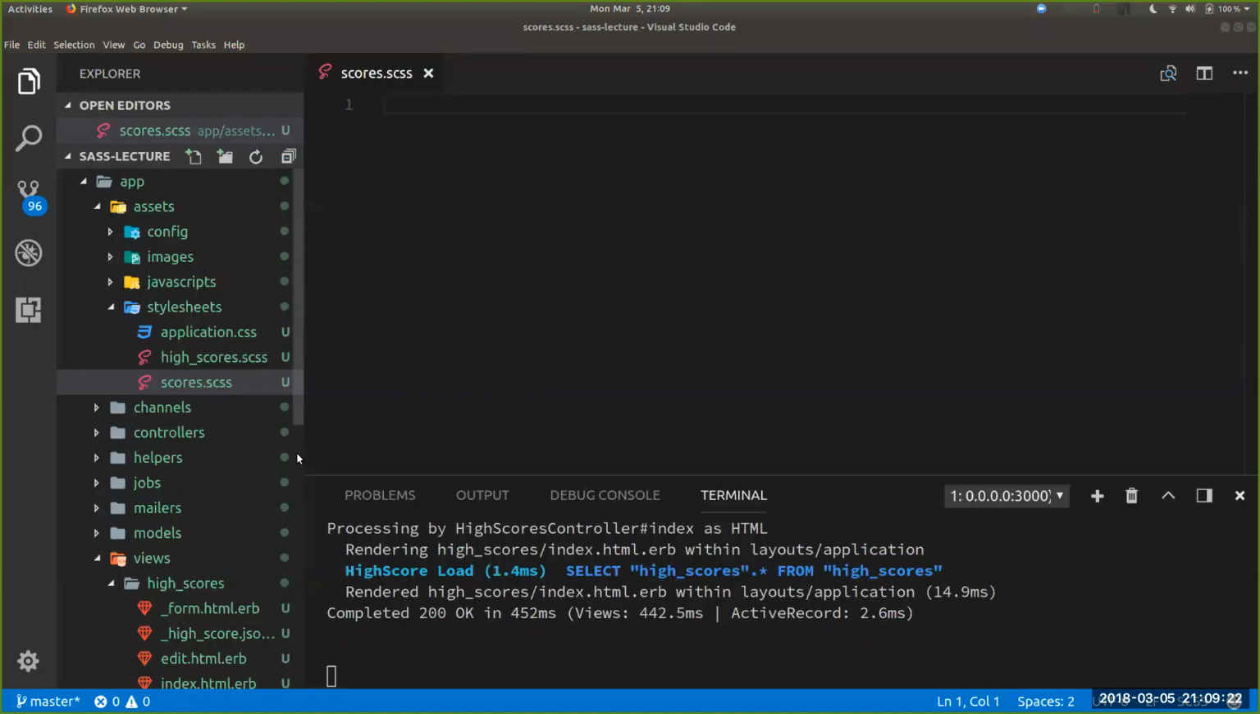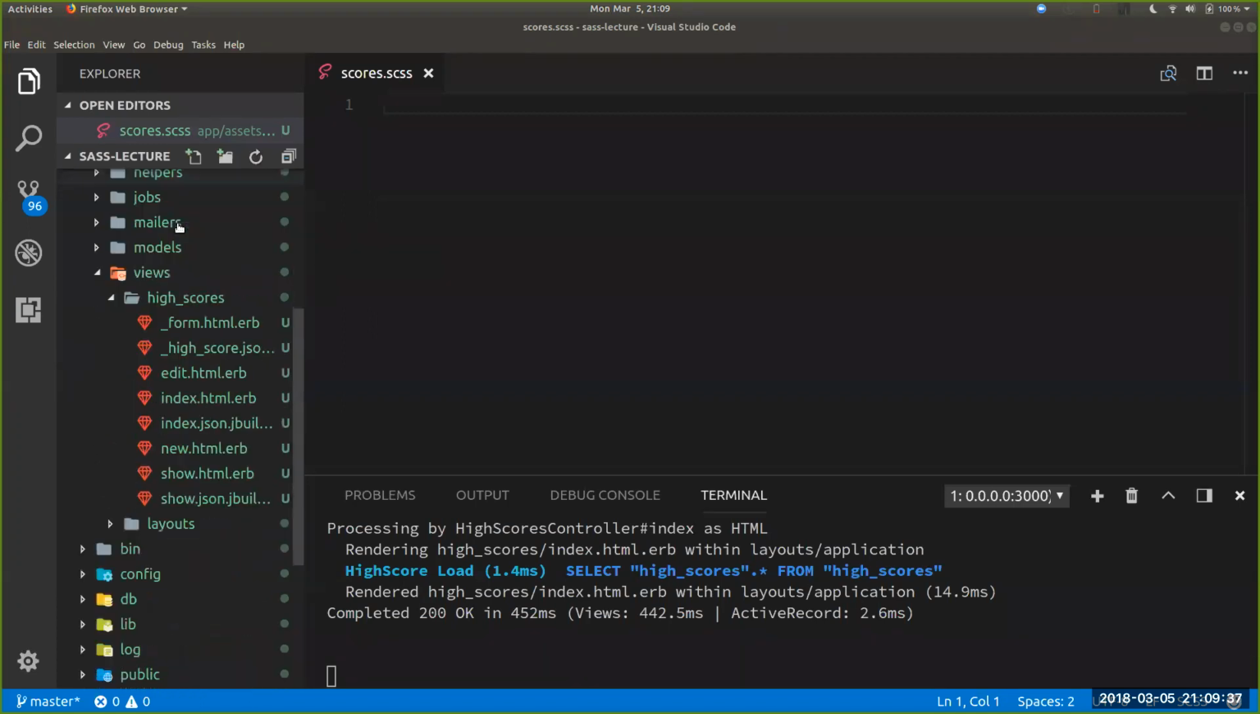So tonight I want to talk about Sass some. So you've probably heard about Sass. If you haven't, don't worry. We're going to go through what it is, what it does. So far I have just a skeleton Rails app set up, and